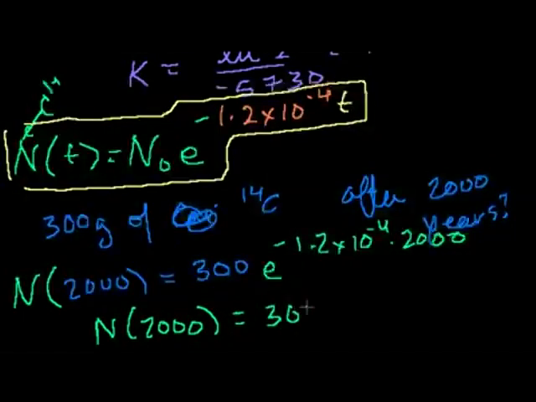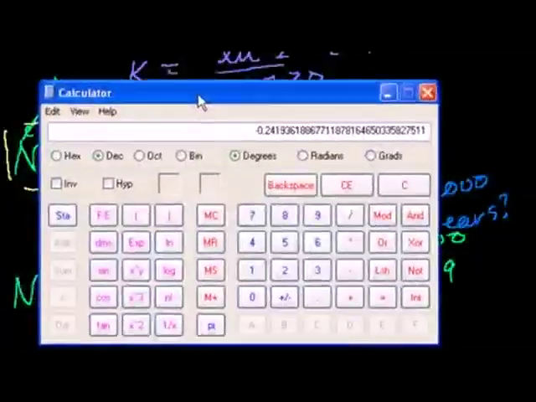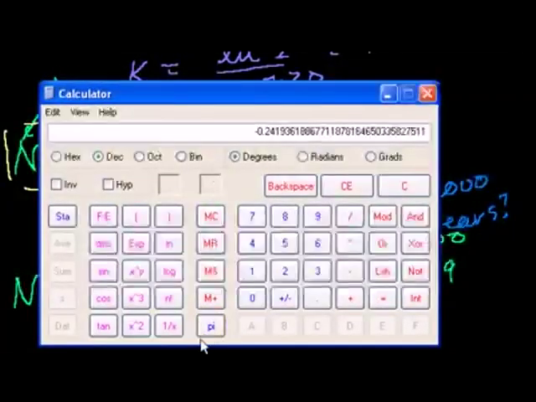So N of 2,000, the amount of the substance I can expect after 2,000 years, is equal to 300 times e to the minus 0.2419. My calculator doesn't have an e to the power, so let me just take e. I need to get a better calculator; I should get my scientific calculator back. But e is, let's say, 2.71. I could keep adding digits, but I'll just do 2.71